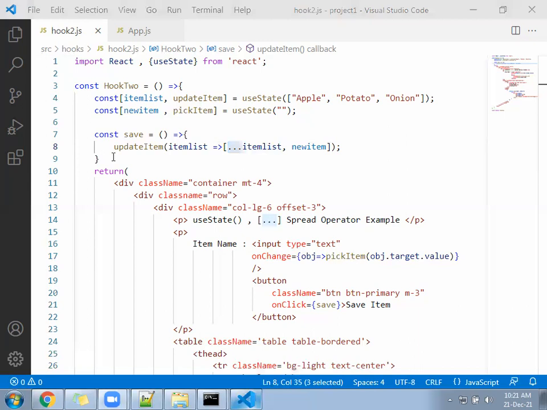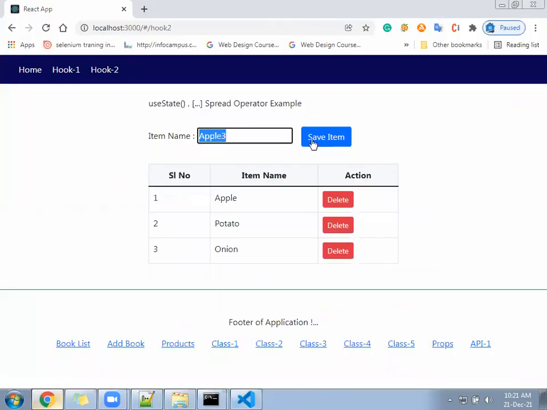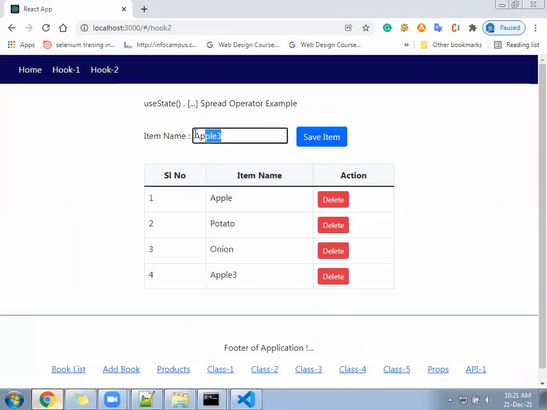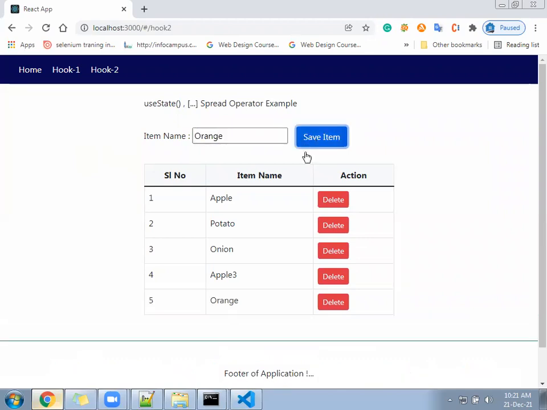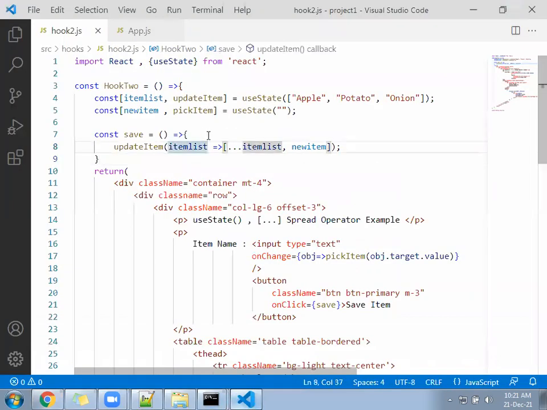Okay, so it is getting added here. Next, after that, orange, save, it will get added. After adding that, you have to clear the text box. To clear the text box, we already have a variable called newItem. We can reuse that.